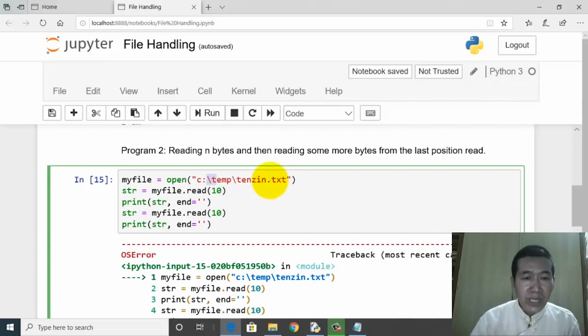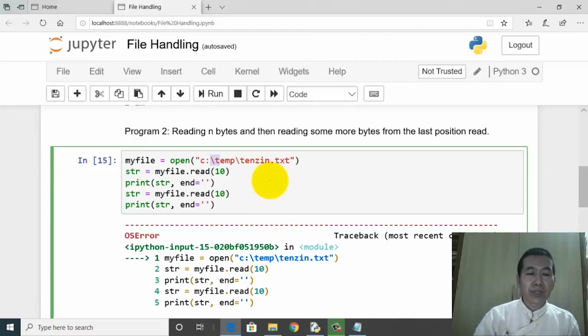So the meaning of \t is the effect of the tab key. You have the tab key on the keyboard. When you press it, what happens? The cursor jumps by half an inch, right? So the effect of pressing a tab key on the screen is represented by an escape sequence by the name of \t. So this will distort the very path of the file name.